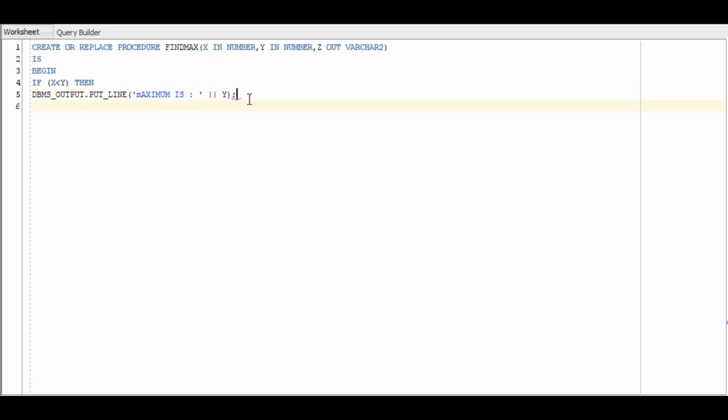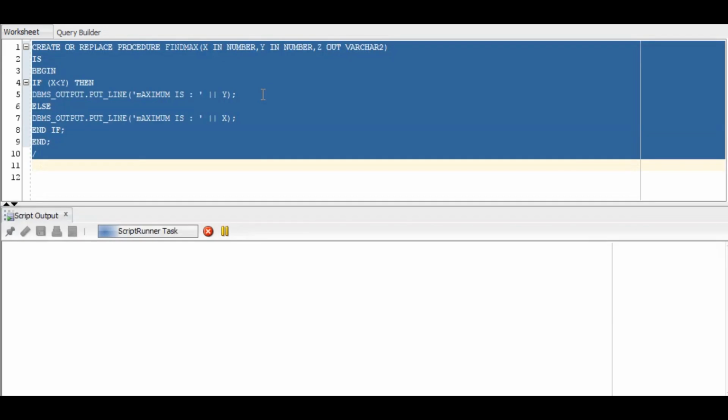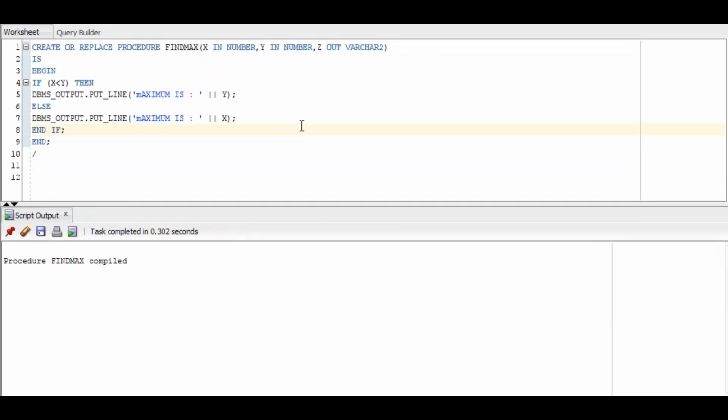And in the else part, we'll be defining the maximum as x. So this is a simple if else condition we are using in this program. Now we'll end the if condition and then end the PL/SQL procedure. Now we'll compile this procedure, and as you can see, this procedure is compiled successfully.